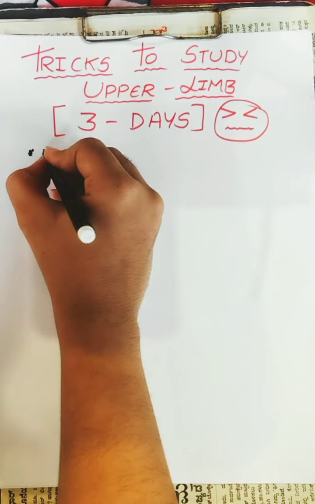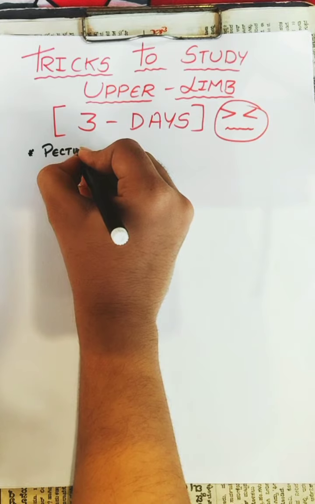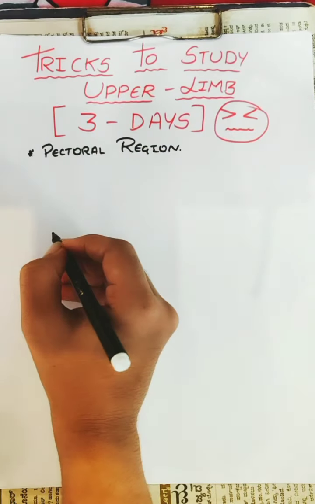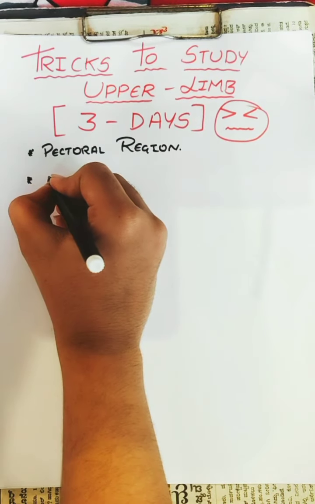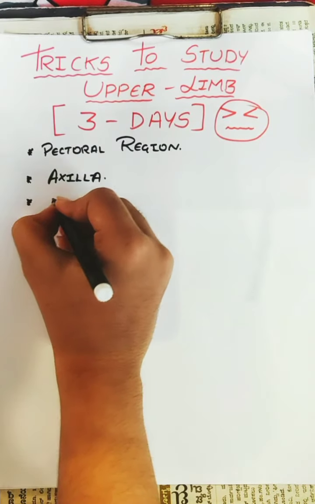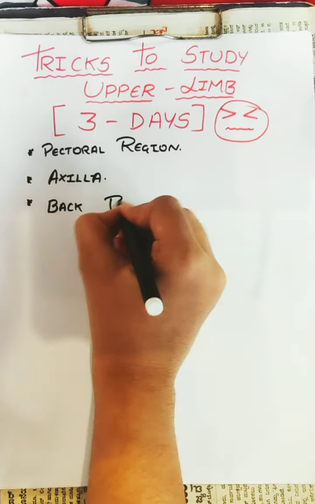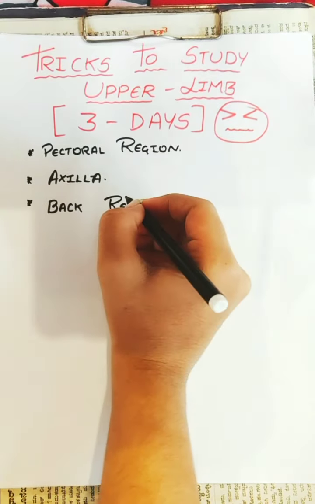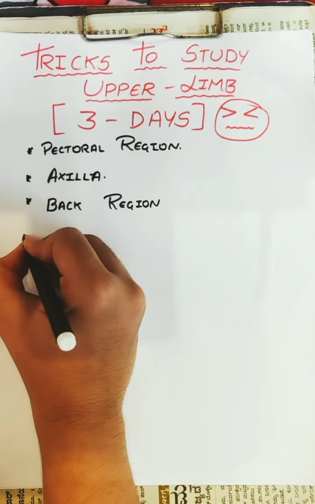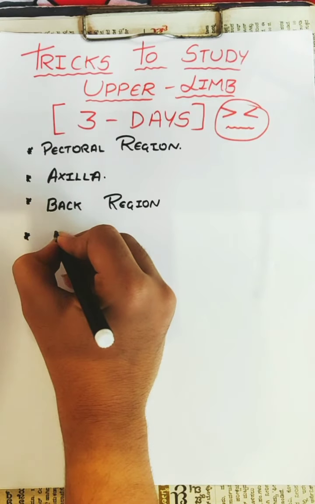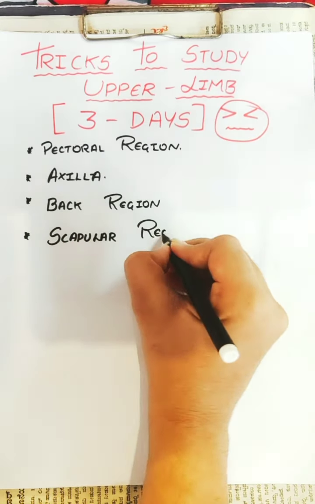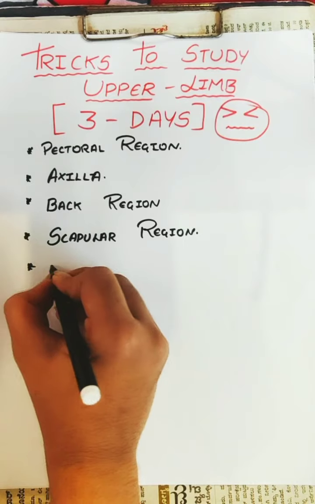So the first topic is the pectoral region. This is the first topic of the upper limb. The second topic is the axilla. The third topic is the back region. The fourth topic is cutaneous nerves, superficial veins and lymphatic drainage. The fourth topic is the scapular region. Fifth is